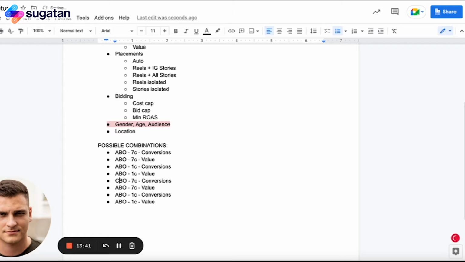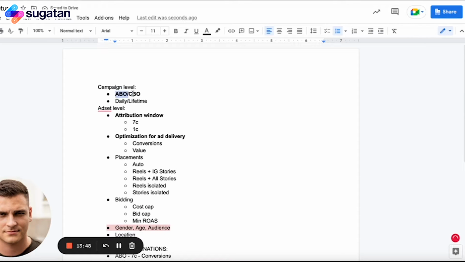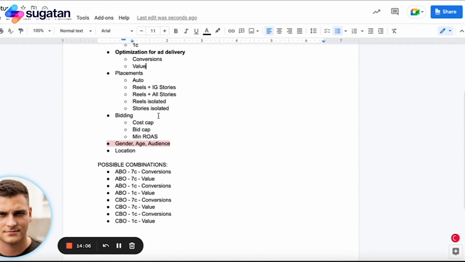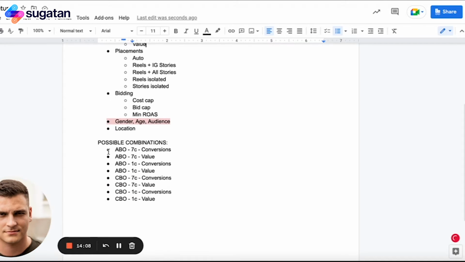So what I did here is I just selected the three most important parameters that no one is really testing, maybe apart from campaign level, but too few ad buyers are testing attribution windows, click attribution windows and not default attribution windows. Too many ad buyers are testing conversions versus value. And what's even more important is that very few ad buyers see this as a free-level